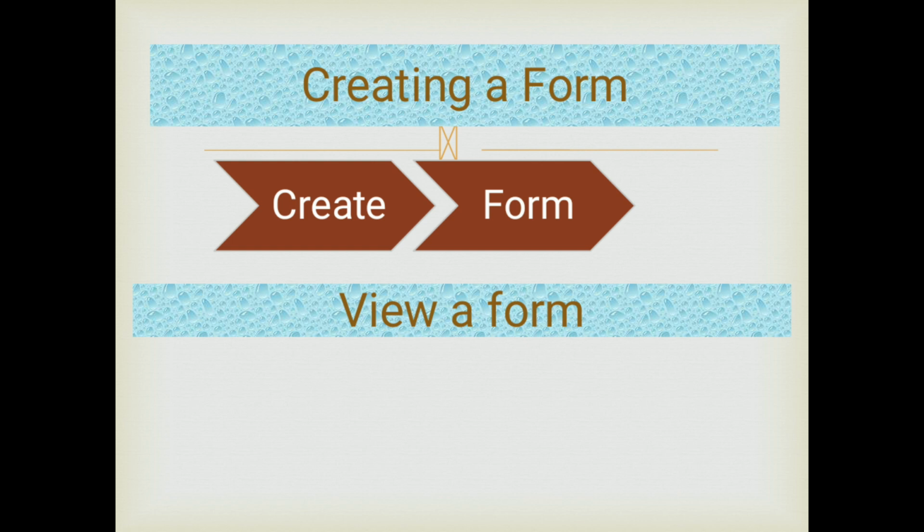There are three views in which a form can be displayed. First is form view. The form view is used to enter or edit data. Next is layout view. Layout view allows you to see the data as it will appear when you are using the form. You can also change the form design in this view. The form is actually running when it is shown in layout view. And the last one is design view. Design view gives you a more detailed view of the structure of the form. You can see three sections of the form: header, detail, and form footer. The form is not actually running when it is shown in design view.